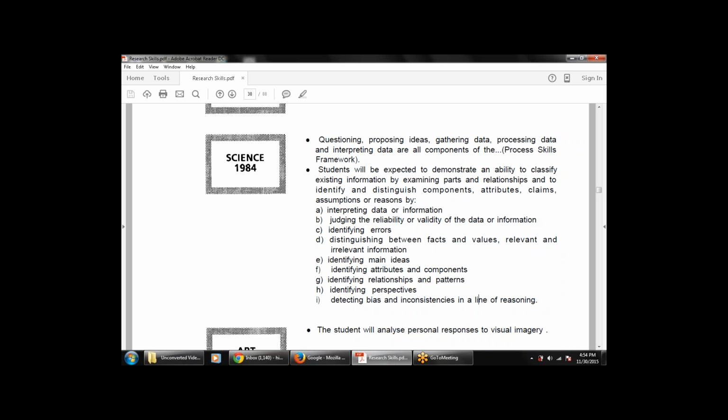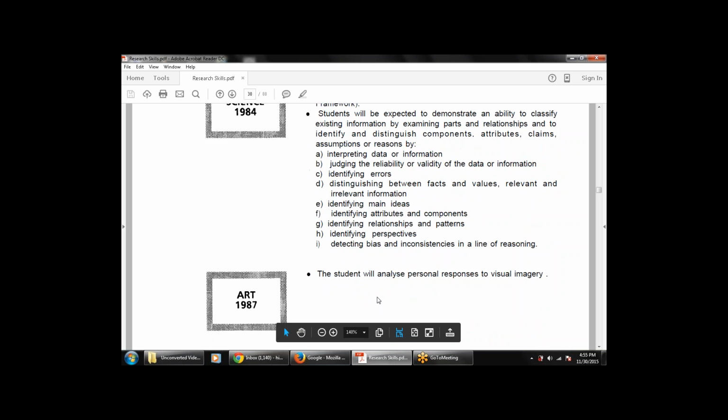So the student will be expected to demonstrate an ability to classify the various content by which we can gather the information, interpret the information and data, judge the reliability, identify the errors, differentiate between facts and values, and identify the main ideas, attributes, perspective, bias, and inconsistency in a line of reasoning. The next is the